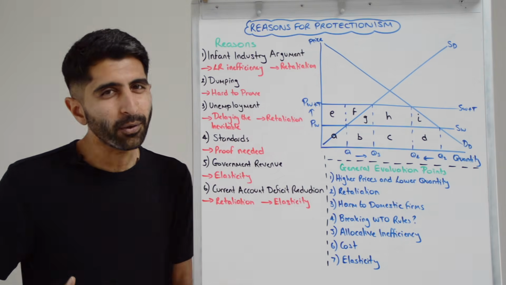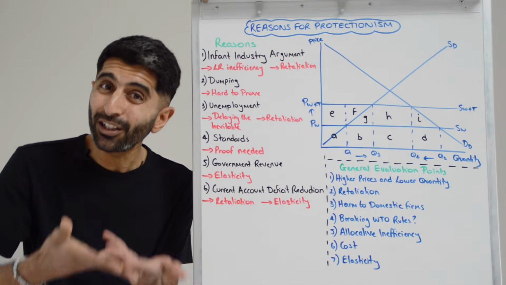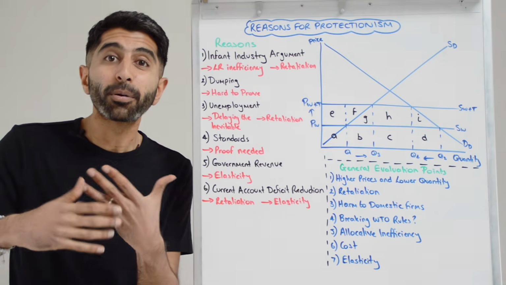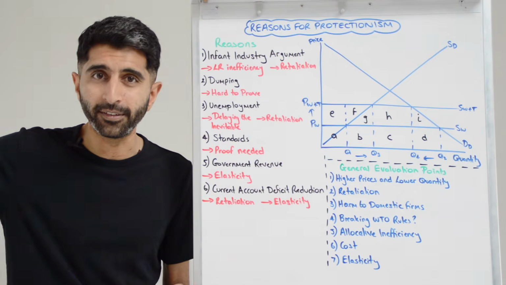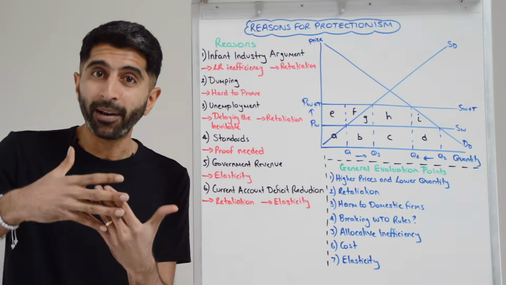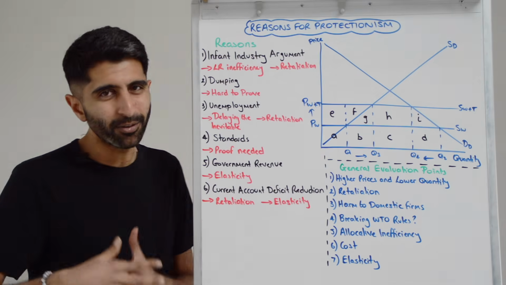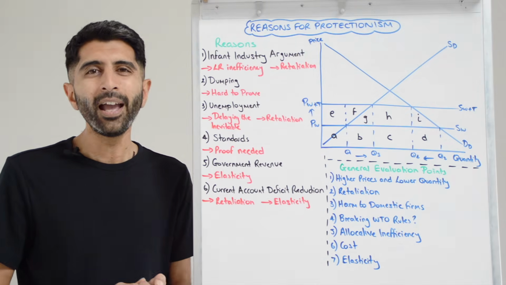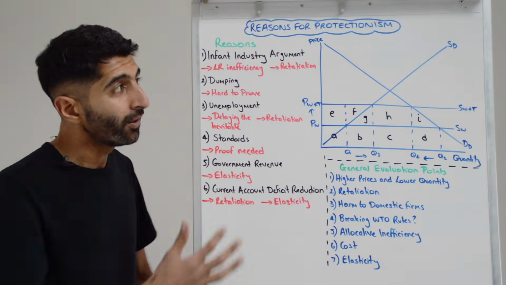But to evaluate this, the risk with using protectionism to try and improve competitiveness is that it can do the opposite. If firms are given something on a plate without really deserving it, it can promote complacency and inefficiency over time as costs elsewhere in the business increase. So maybe over time, businesses don't become more competitive, they become less competitive and less productive. This is a genuine concern. So for this argument really to hold, it's important that businesses are monitored when protectionism is enacted, and also that protectionism isn't endless, that there is an end date to it to make sure that we actually get the fruits of this reason.